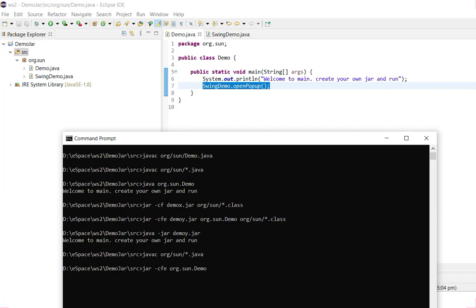So here are the command, the jar file name, the entry point class name, and the included class files: Waji sun, then star dot class. That's it.